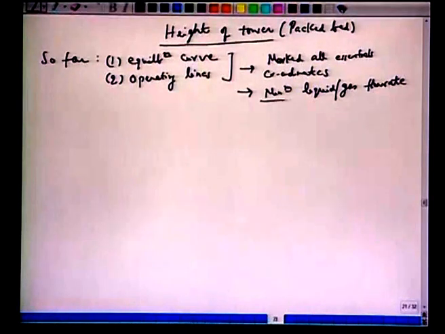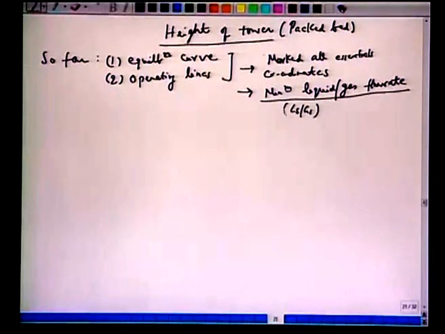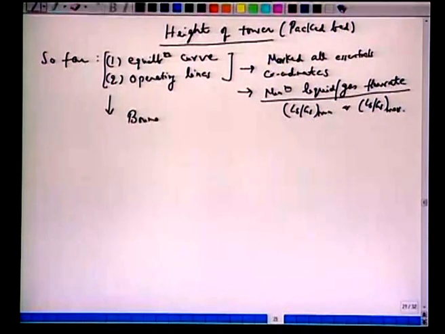So, recall that in the previous example we said how to determine this Ls by Gs, min or max, depending upon whether we are talking of an absorption column or a stripping column. So, this is what we have done here, but this does not give us the height of a column, right. All it gives us is a boundary. These two, 1 and 2, decide the boundary of operating limits,